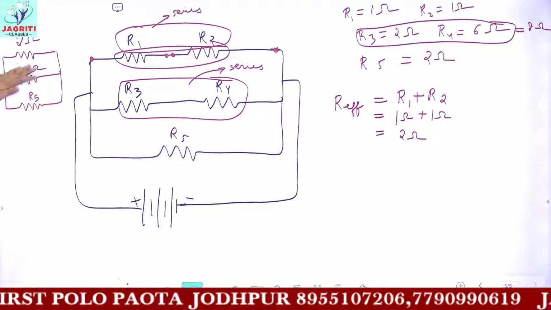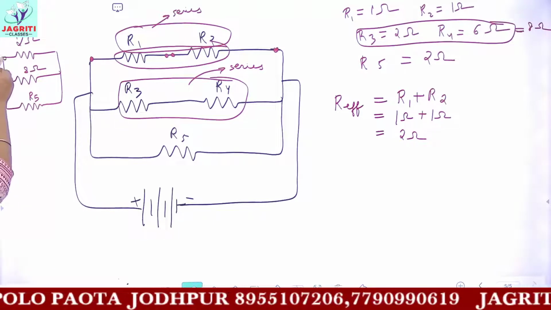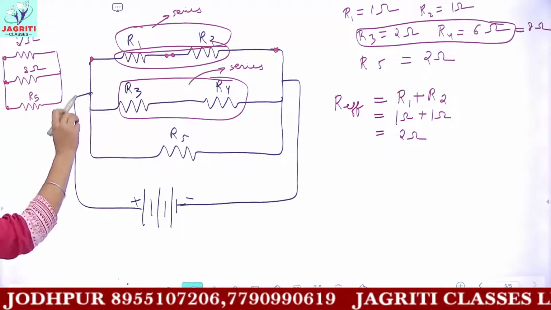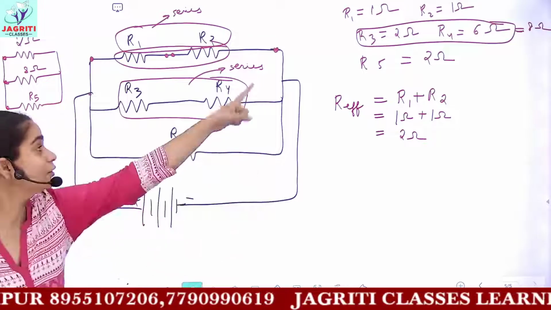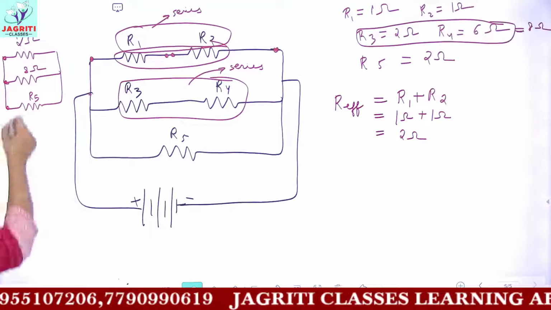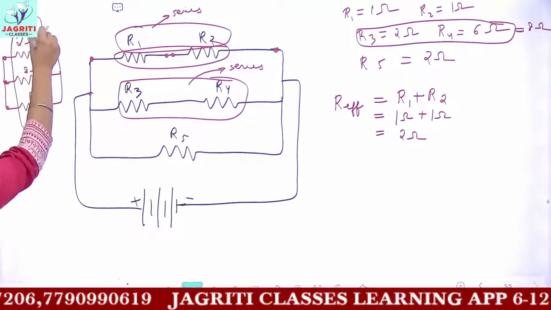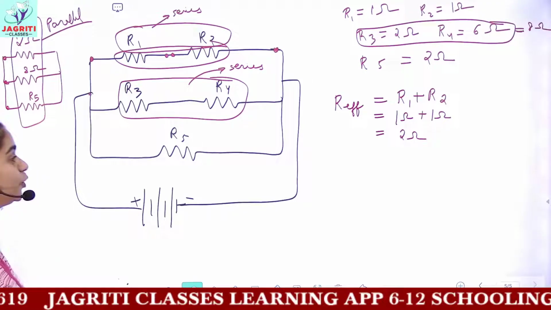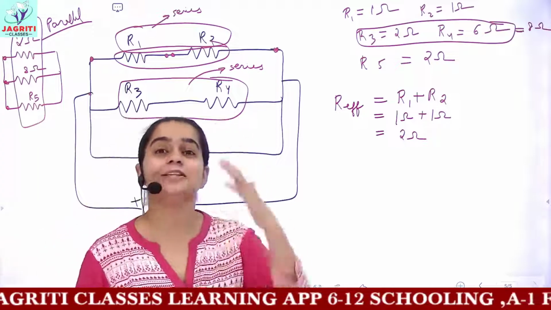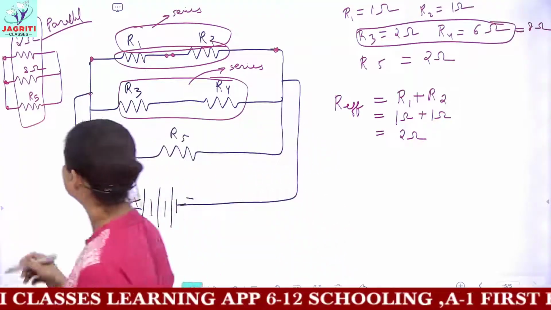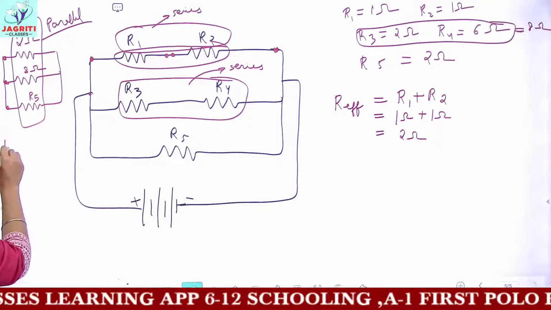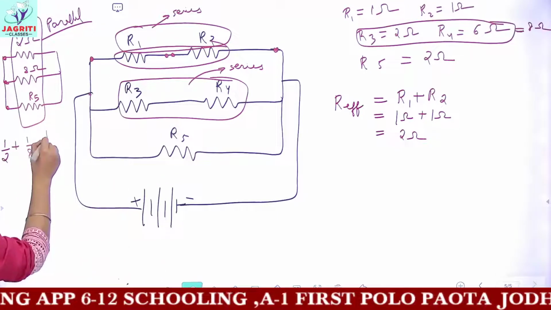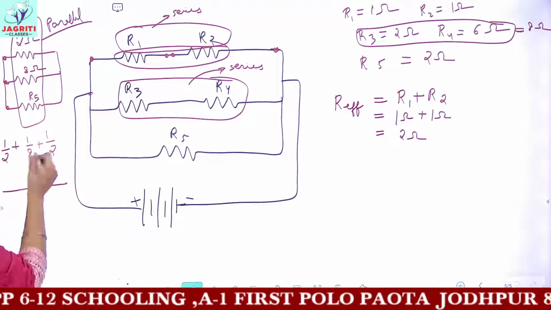So now all the starting points of the resistances are joined with one common point, you can see, and all the ending points are also connected to one single point. It means now these three resistances are in parallel combination. And now you can use the formula of parallel, that is 1 upon R1 plus 1 upon R2 plus 1 upon R3. So 1 by R parallel would be 1 by 2 plus 1 by 8, and the value of R5 is 1 by 2. Now how to solve this?